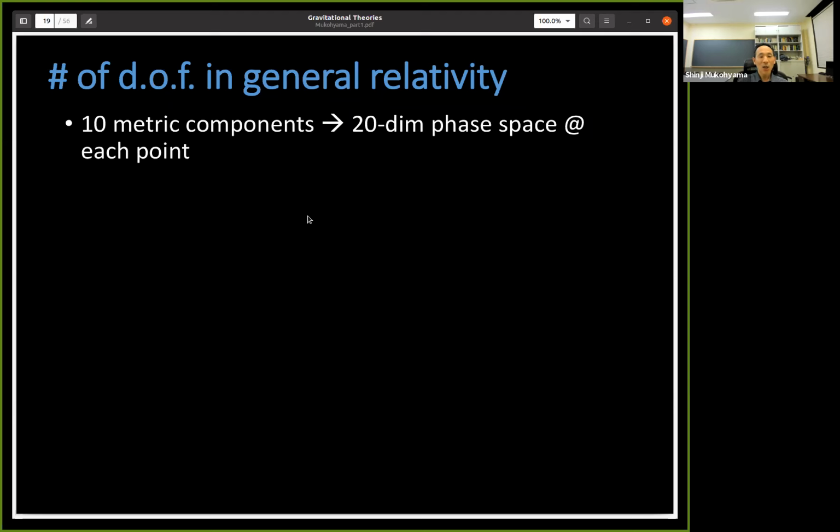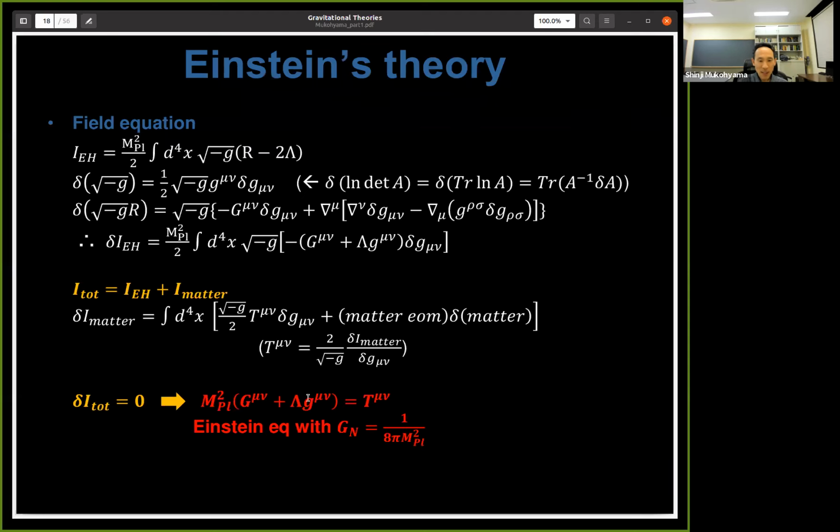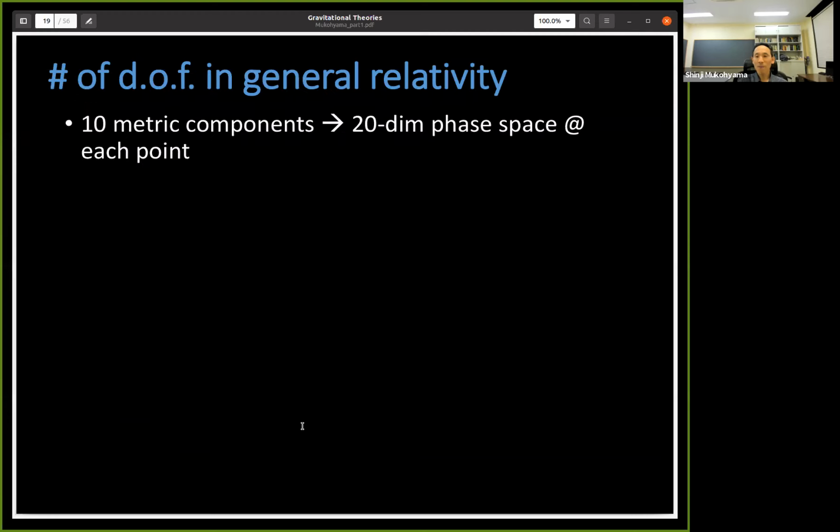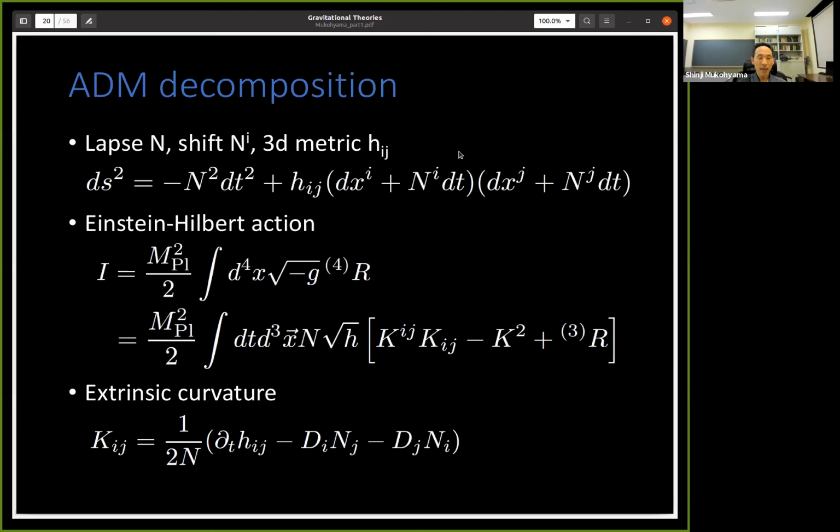Okay, so the metric g_{μν} is a 4x4 symmetric and non-degenerate tensor. So we have 10 components. If we go to phase space, we introduce momenta conjugate to these 10 components. So we have a 20-dimensional phase space at each point. Then we want to divide these 10 components into the so-called lapse and shift and